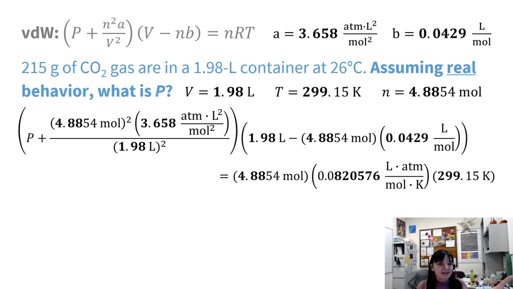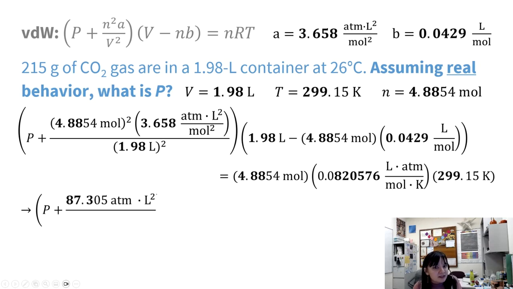So I know it starts off with pressure plus whatever. That whatever is everything that's in the fraction. Now I want to still take it piece by piece, bit by bit. So I'm just going to do the numerator first, solving for that. Taking 4.8854 squared and then times 3.658, that gives me